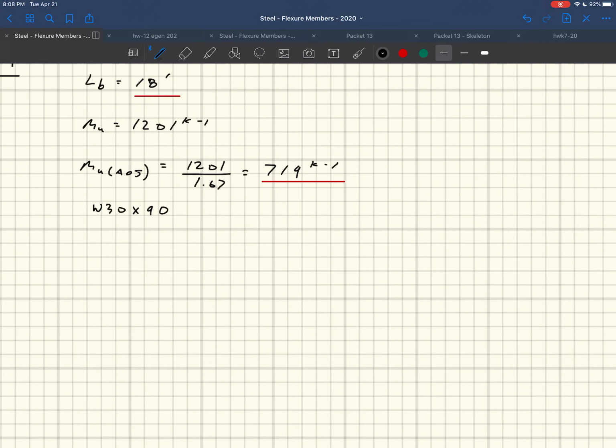But since we adjusted for CB, we have to compare. This is the rule you just have to remember to do, right? Since we adjusted by CB, we have to make sure that the unadjusted moment demand is less than PMP. And this has to do with the CB affecting lateral torsional buckling limit states. It does not affect